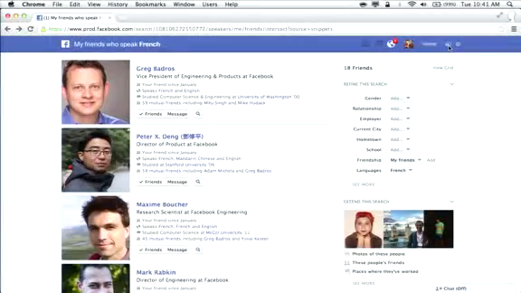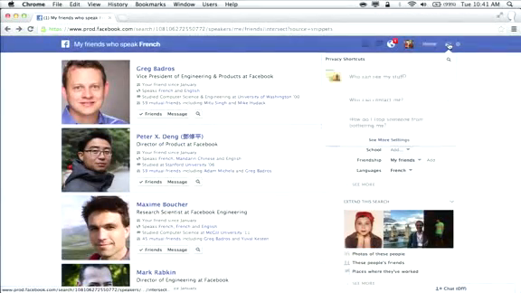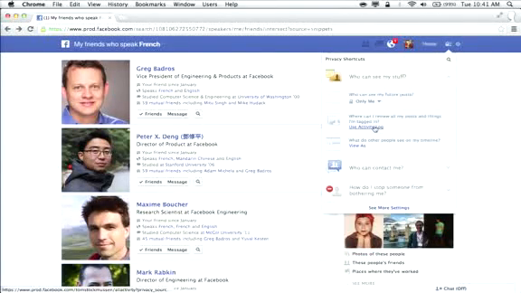So toward the end of the year, last year, we launched these new privacy shortcuts. So they're on the upper right if you click this lock at the top right of the bar. And we summarized a lot of the key privacy settings and tools into the 3 questions that people tend to care about. And so the one I'm going to go to is who can see my stuff. And one of the links there is to the activity log.